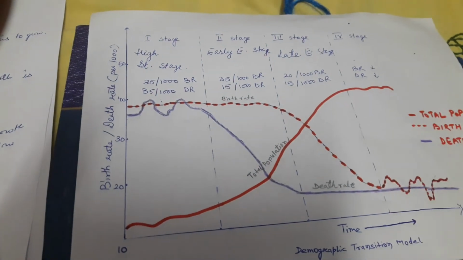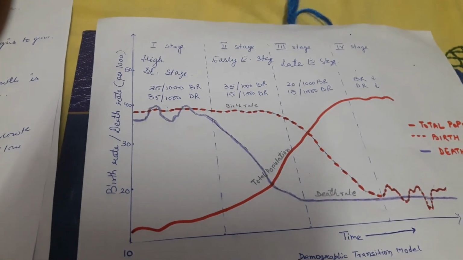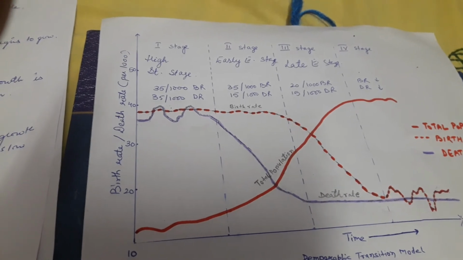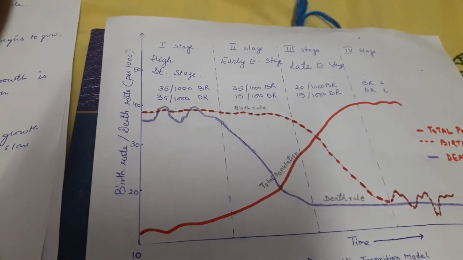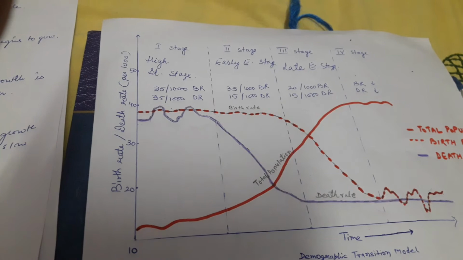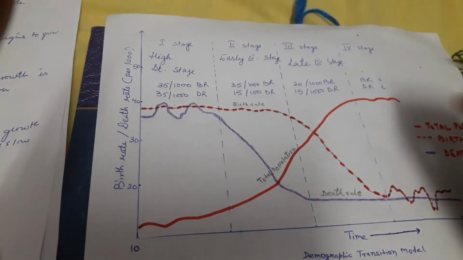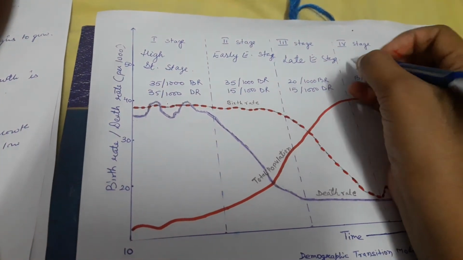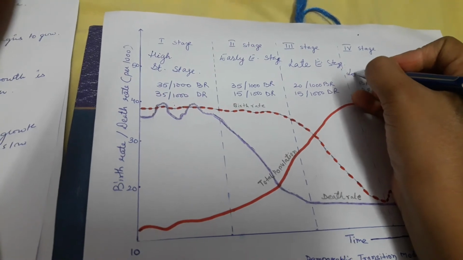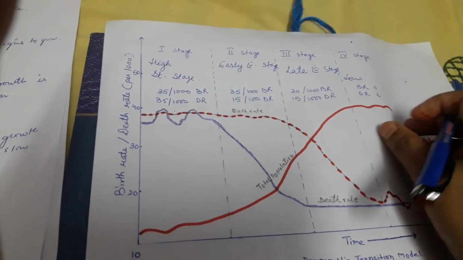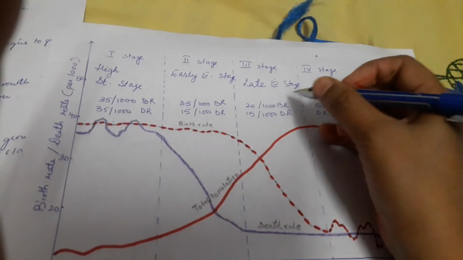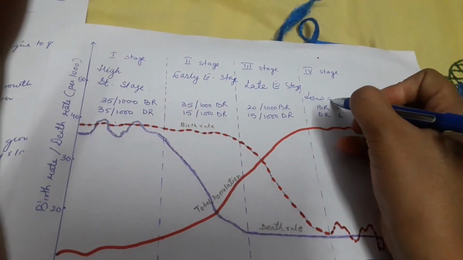Okay, now the fourth stage. What is the fourth stage? The fourth stage is known as the low stationary stage. What is the fourth stage known as? Low stationary stage. Low stationary stage, that means